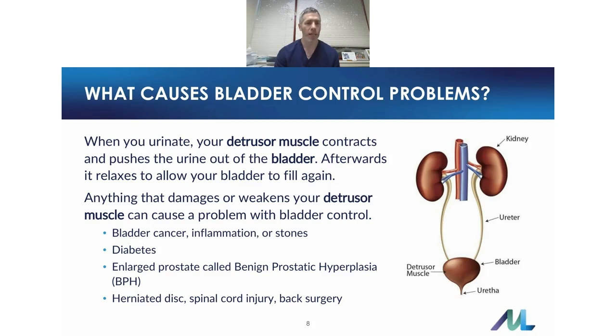So when you urinate, again, the bladder contracts and pushes urine out of the urethra. Afterwards, the bladder will relax and fill again. Anything that damages this mechanism can cause problems. And so when we think of what is the differential diagnosis in patients with incontinence or overactive bladder, we'll think